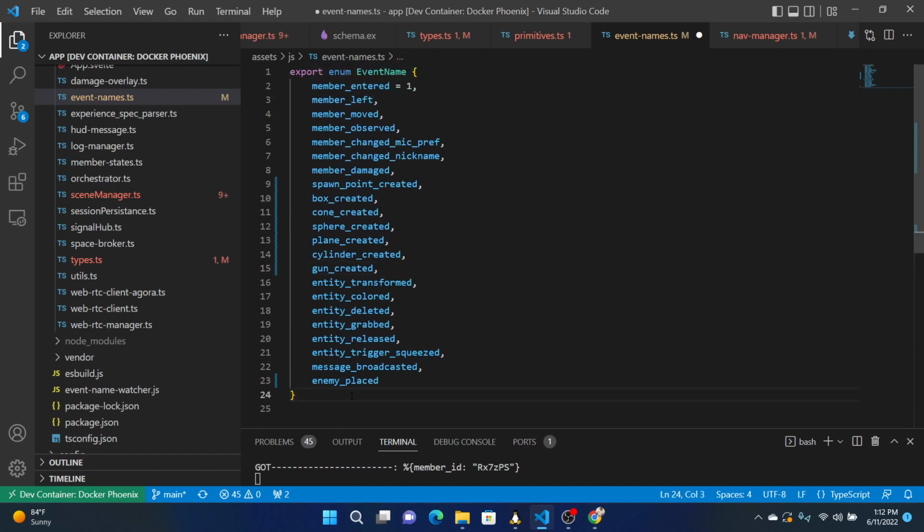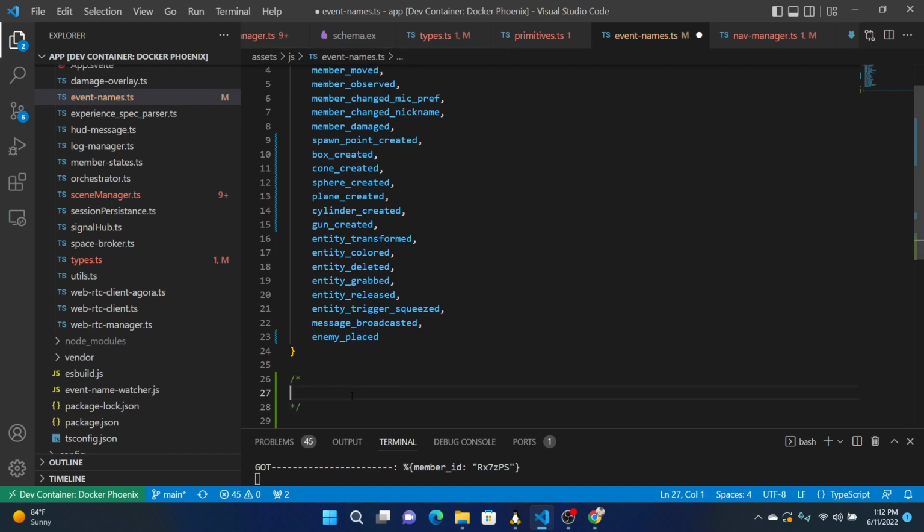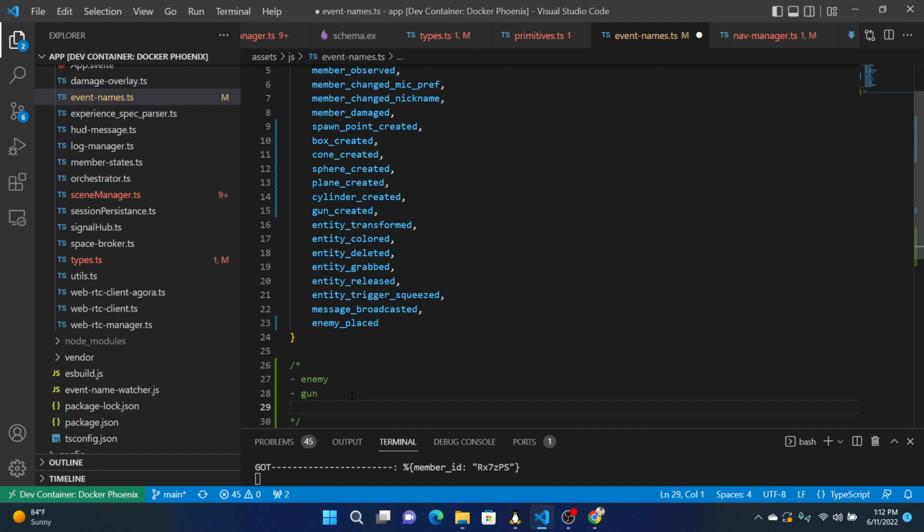How do we create a Doom style game? We need guns. Actually, okay, so you need an enemy, and a gun to kill the enemy. That's all you need, right? You jump in, grab the gun, shoot the enemy. Wouldn't be very exciting. But you can, so when you're creating this space,